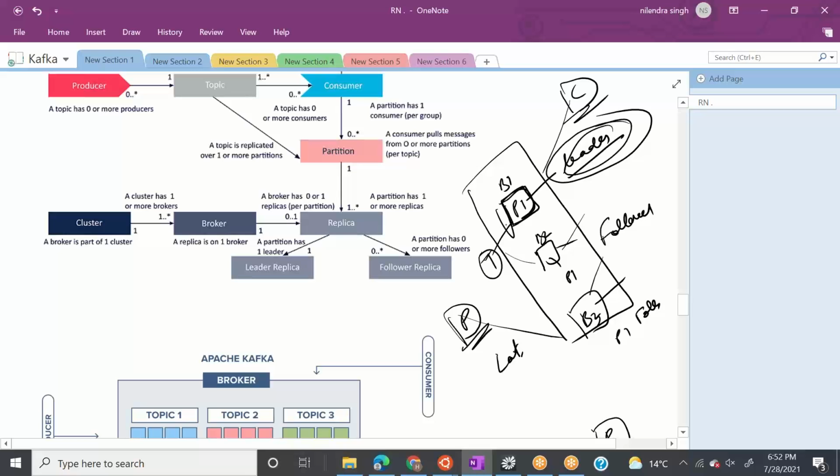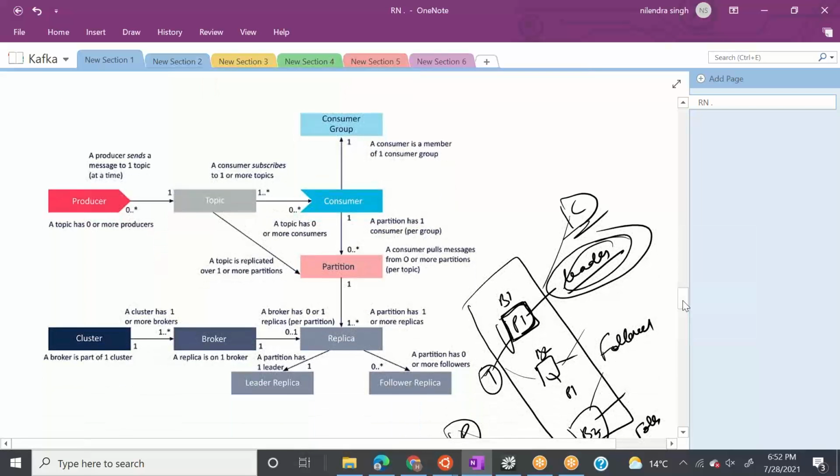So I think we have covered everything now. This diagram is very comprehensive. So we have producer. Producer sends messages to one topic at a time. A topic can have zero or more producers sending messages to it. Then a consumer subscribes to one or more topics, right?